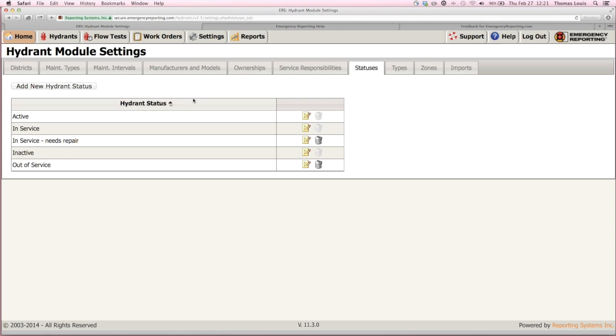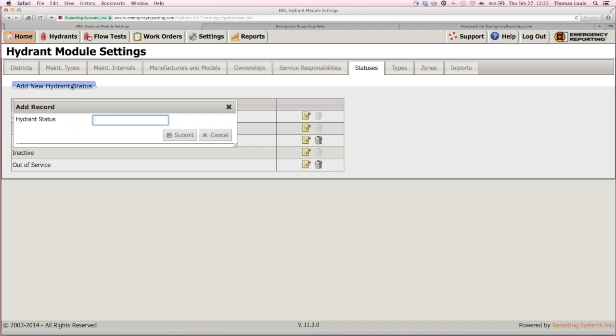Statuses. Okay, here on statuses, you can, but you don't have to, set it up like this where it's in service and out of service. Another possibility is to think of this as kind of a flexible field, because we have the service status. When we go back to the hydrant table, there's a service status there, and I've read and heard that it's kind of a duplication of what you already have. So you could, in this case, use this as a way to assign hydrants that are to be tested by your crews by simply putting in